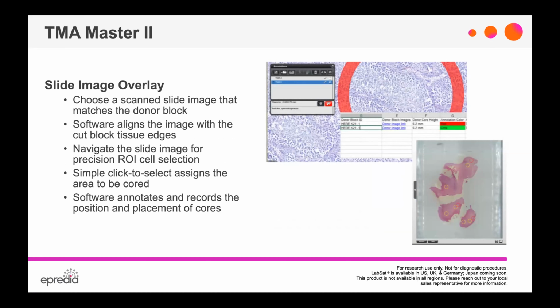Instead of having to eyeball, if you have a block that appears homogeneous and you cannot tell the difference of one tissue area from the next, let's say it's just a block of liver, for example, you can take samples from anywhere in there. But if you have a block where there's multiple tissue types in the paraffin embedded sample, this allows you to overlay the H&E or the IHC